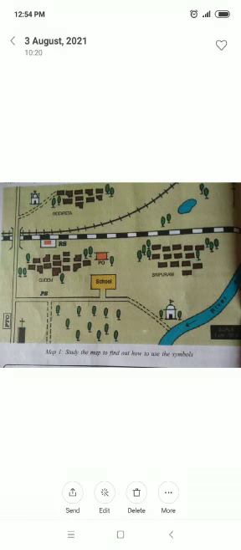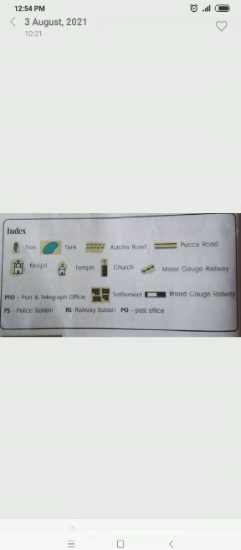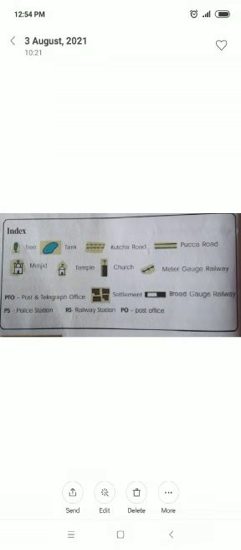The following is a complete map with symbols, scale, and proper orientation. Children, look at the picture carefully. What can you observe in this? Church, okay. Masjid, okay, very good. Trees, PO, RS, very good, children. School, very good. These are called symbols. Tree, first one. This symbol is used to represent a tree.